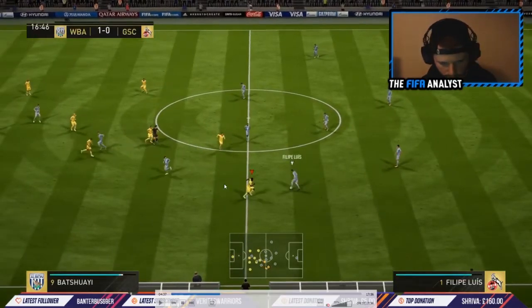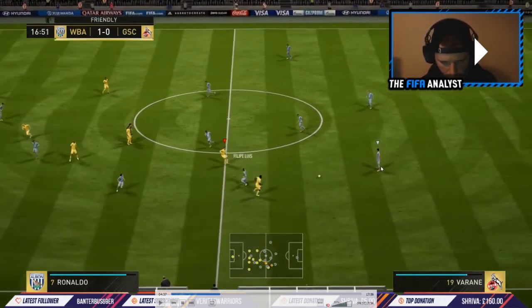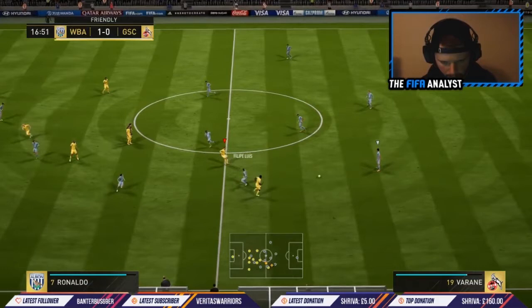So basically, that pass is a little bit risky. You don't fancy it because Batshuayi could easily nick it, so you play it back to Varane. Literally, as soon as I feel like Batshuayi has done his job, I have switched to Ronaldo. I now know, in most players' thought process, what they want to do is they want to either...